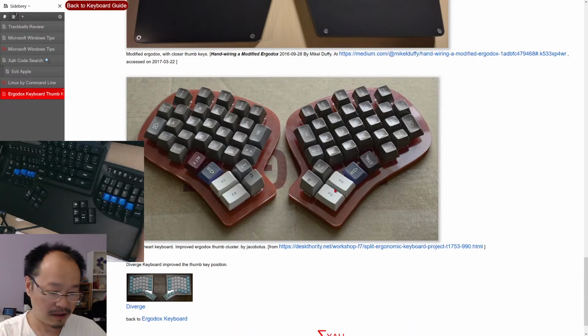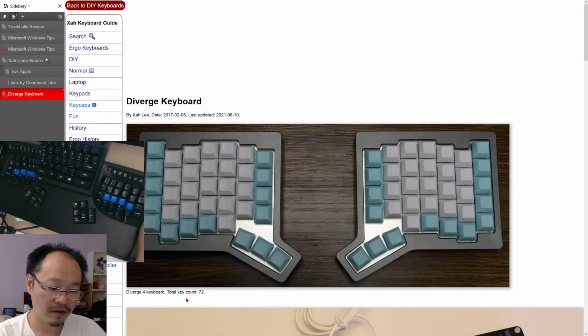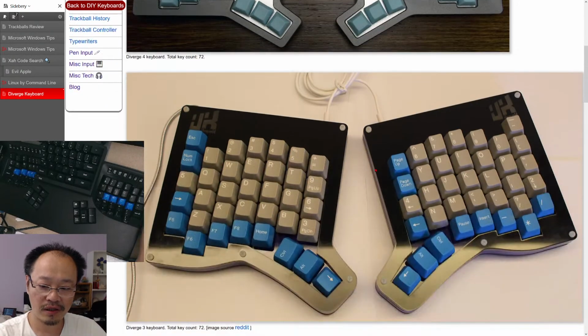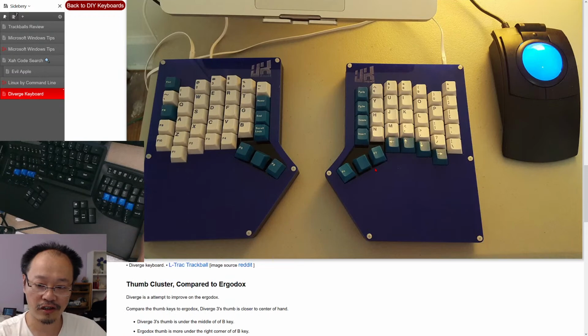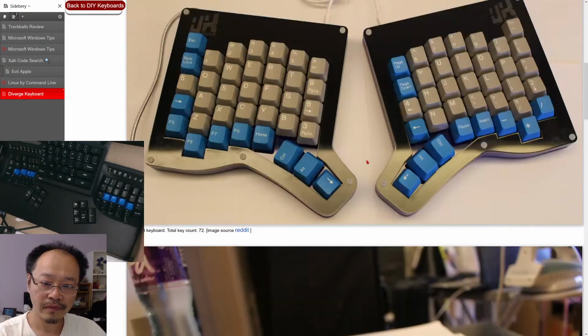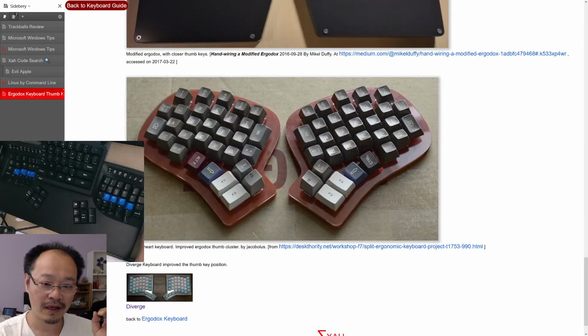And then there's the Verge. Anyway, this one is 5 years old. I'm not sure they still make it. In keyboards, lots of things change. You can see they modified the thumb keys so they are closer to your hand. That's one way to fix it. But then